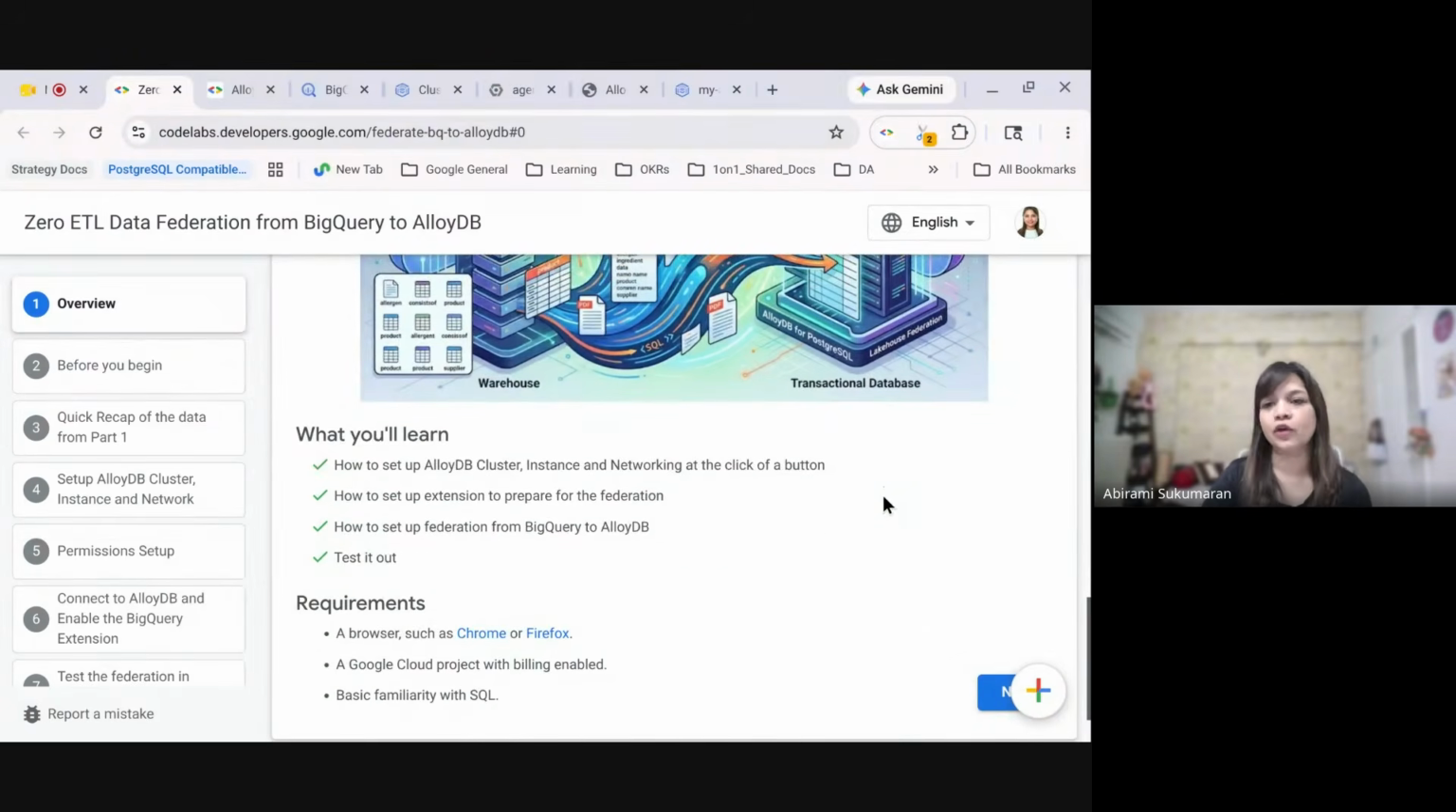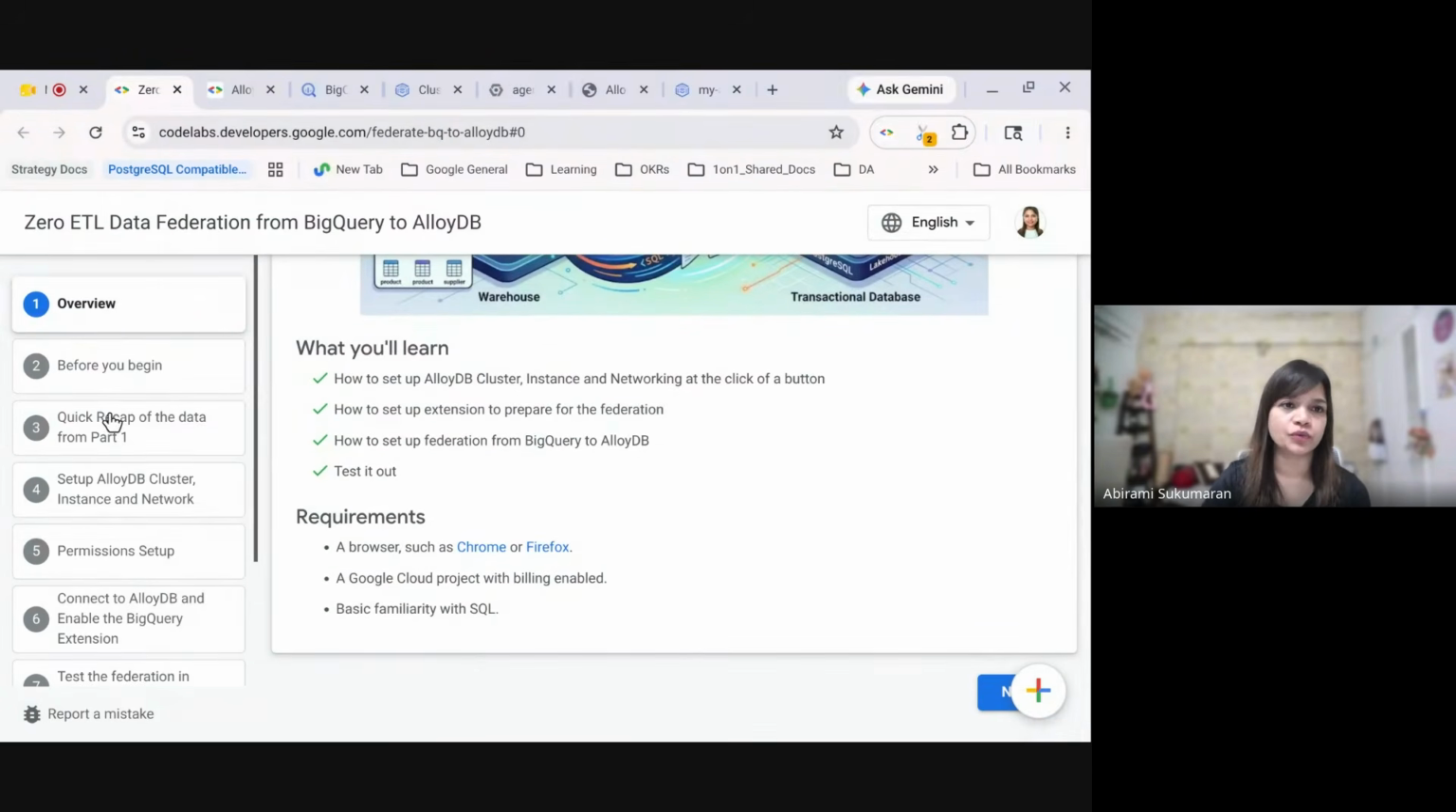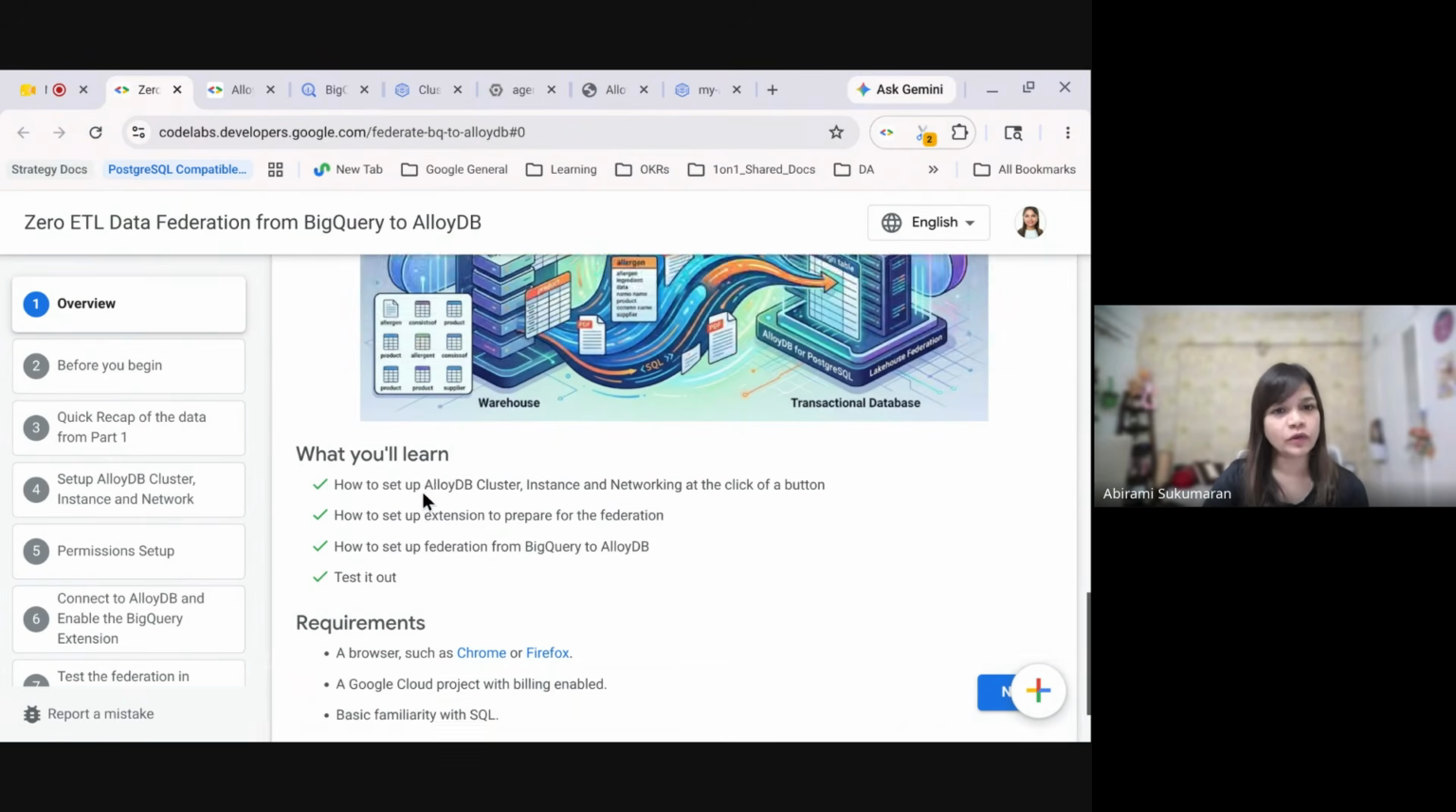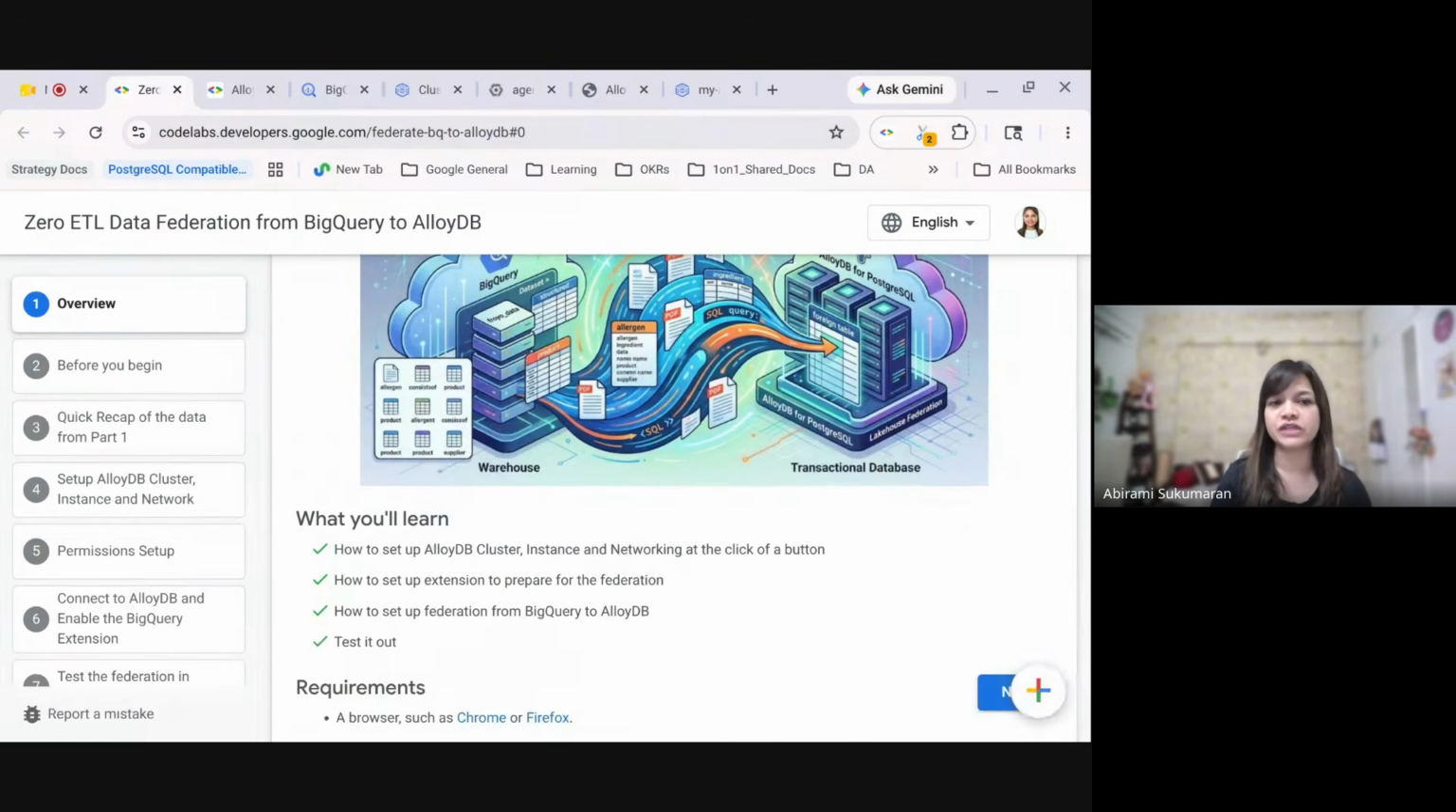Yeah, so in AlloyDB. So that's exactly what we're going to do today, right? So let me clarify a few things. You will definitely be able to set up the data in BigQuery, and you will be able to submit results today from AlloyDB's overview page, but you won't be able to set up the AlloyDB cluster and instance because there is no